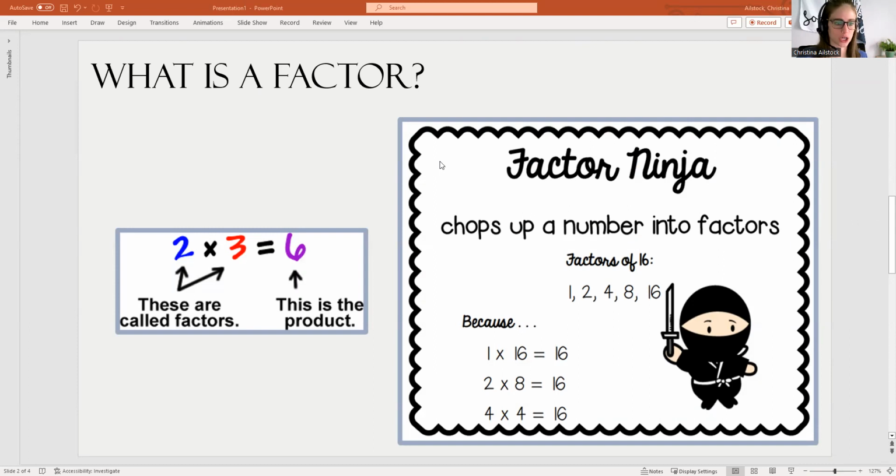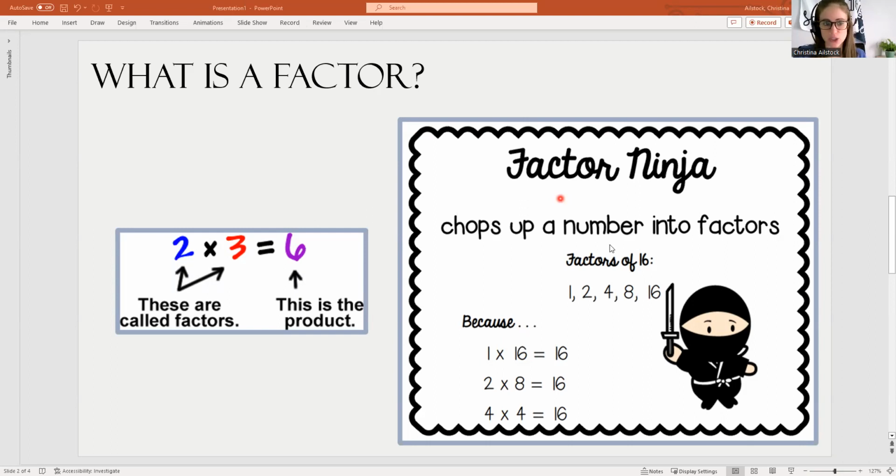Well, factors are the numbers that are multiplied together to receive our answer, to receive our product. So if we look here on the left, 2 times 3 is 6. Well, 2 and 3 are considered the factors. Our factors are those two numbers that are being multiplied together. We can think of that as our little factor ninja because we are chopping up our numbers